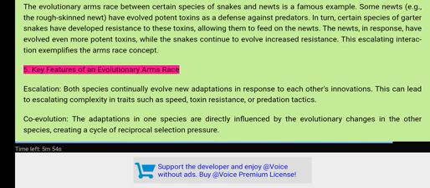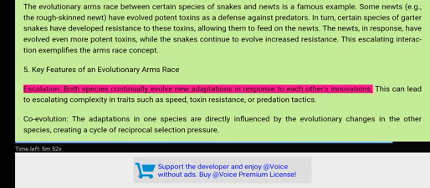5. Key features of an evolutionary arms race. Escalation. Both species continually evolve new adaptations in response to each other's